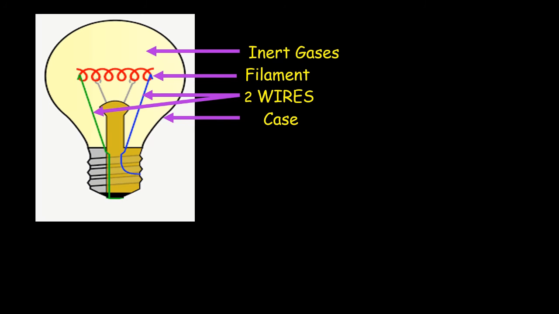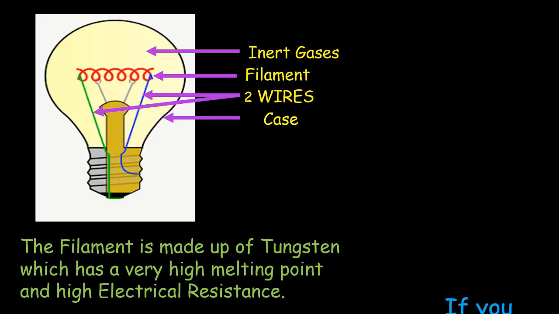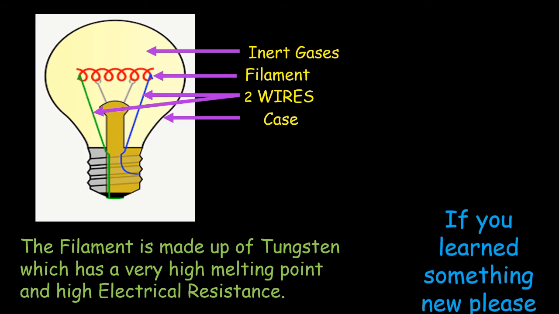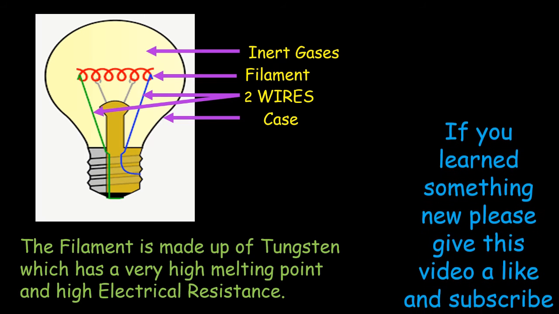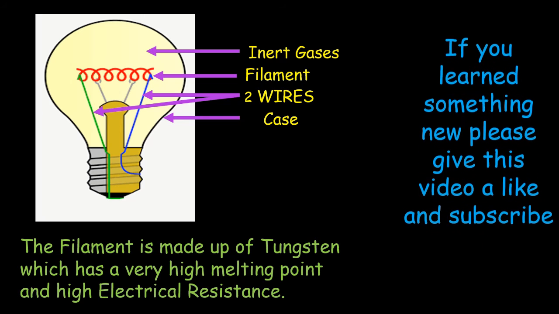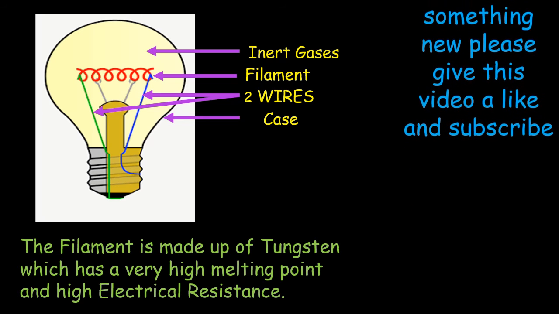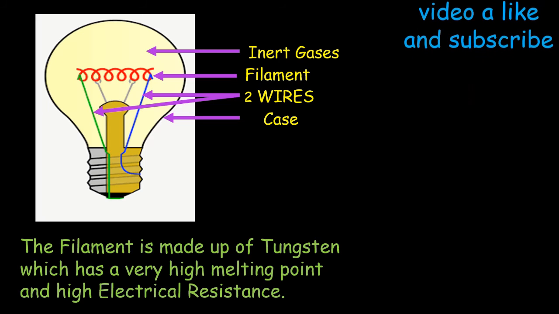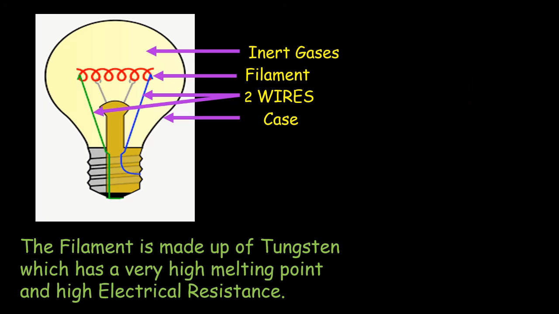When we turn the switch on, electricity comes in through the wires and tries to move through the filament. The filament is made up of tungsten, which has high electrical resistance, meaning it highly resists the flow of electricity. This converts the electrical energy to heat energy, making tungsten hot. As the heat reaches 4500 Fahrenheit, the tungsten begins to glow, producing light. A point to note about tungsten is that though it has high electrical resistance, it's still a conductor.